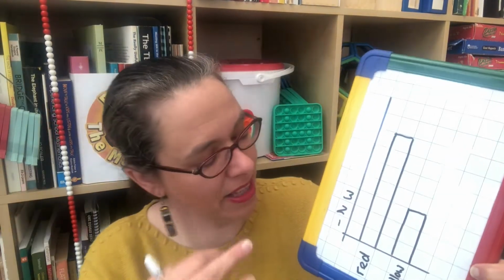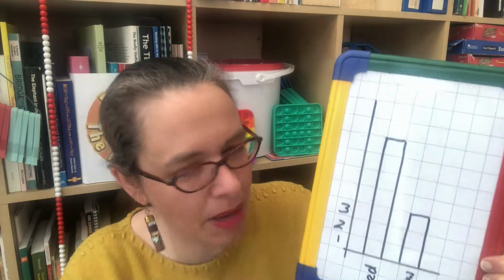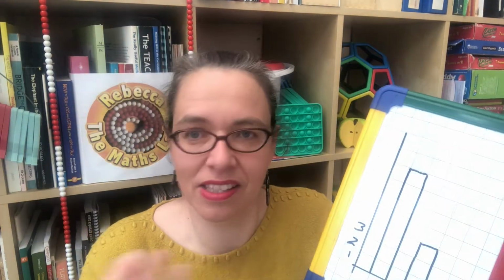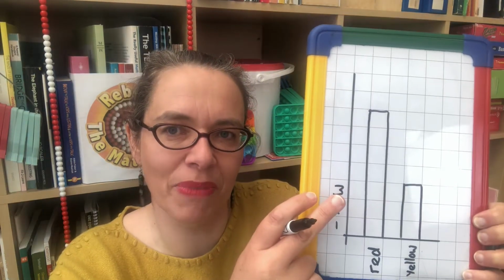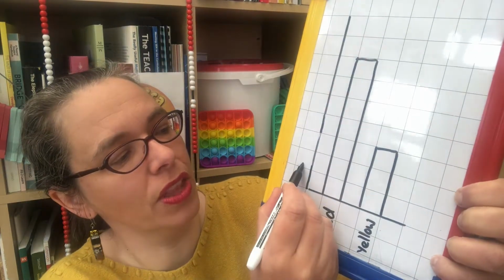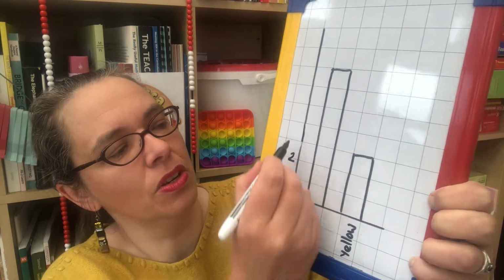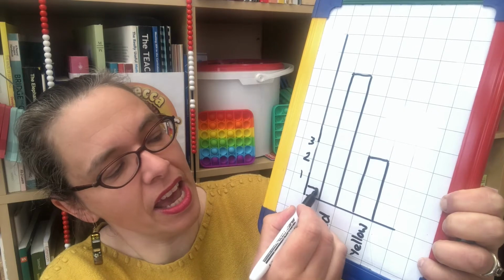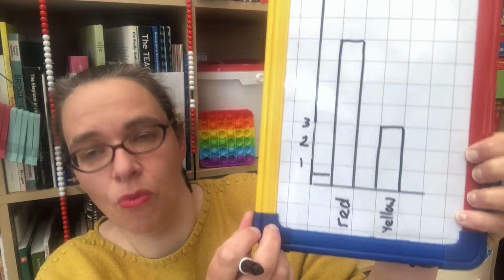So it does make sense in that context, but it's an absolute nightmare because it's setting up all sorts of problems for the future. As a secondary teacher, I could never understand why some children were drawing bar charts with numbers in the spaces. This explains it. Please never put numbers in the spaces. They go on the lines, 1, 2, 3, because this here would be half a result, not one result, even